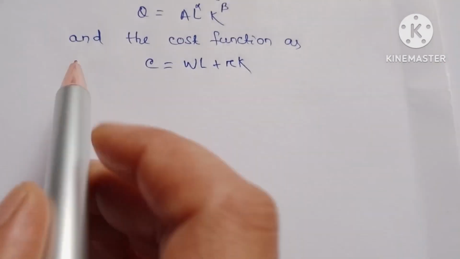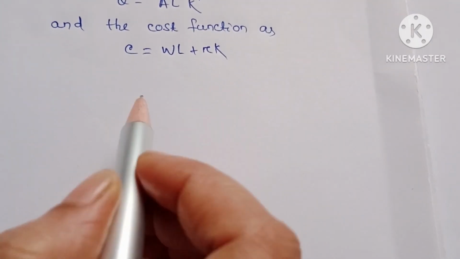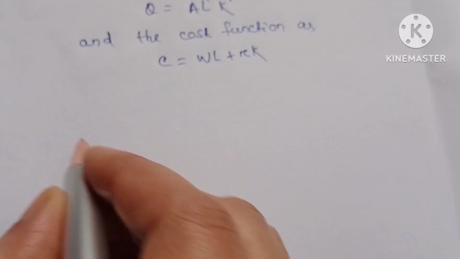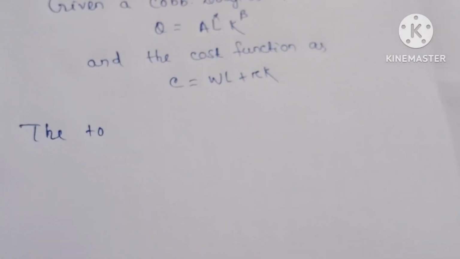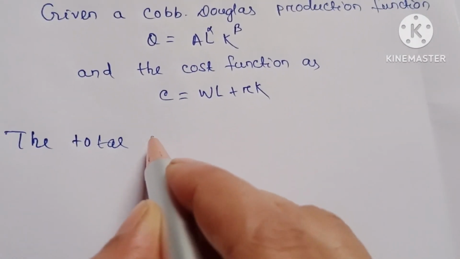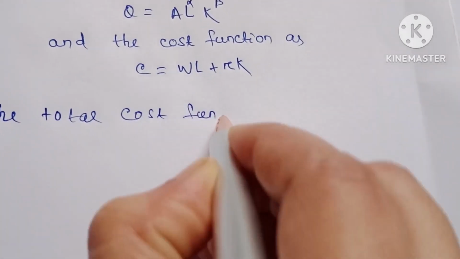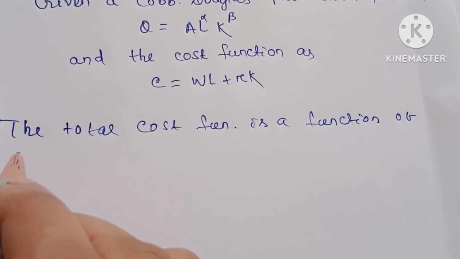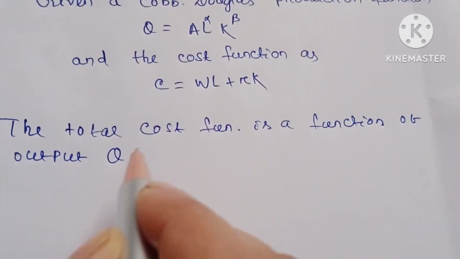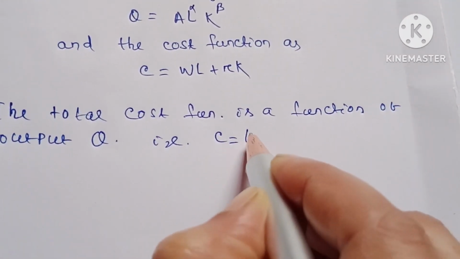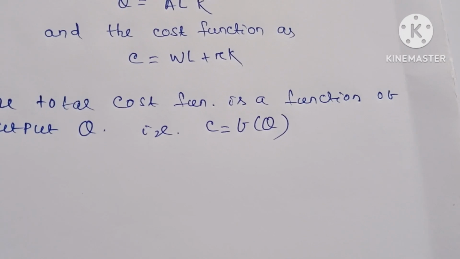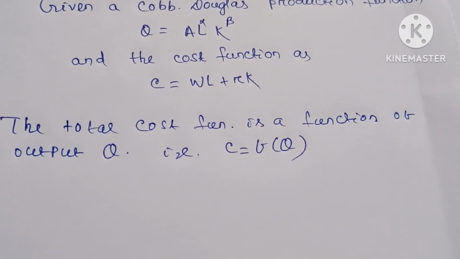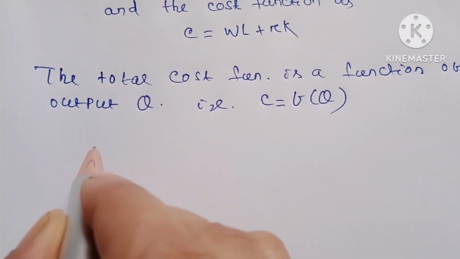So this shows that total cost function is a function of output. We can write that the total cost function is a function of output Q, that is C = f(Q). This is a constrained output maximization problem with a cost constraint, which can be mathematically denoted as